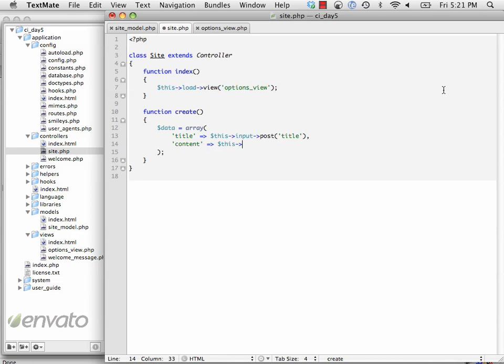This input post content. All right, so there's our data array. These two, just to clarify, this one's going to hold whatever is typed into that title text box, and this will return whatever is in the content text box. So now we just need to do this